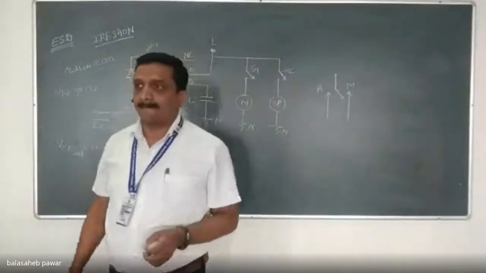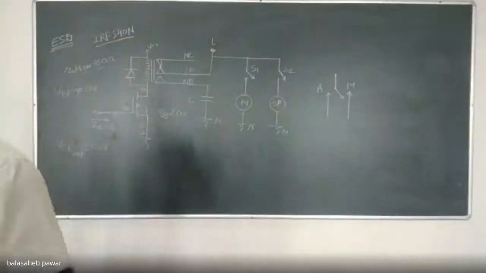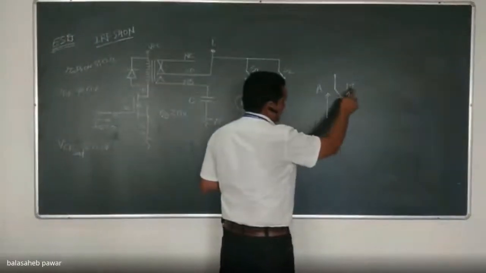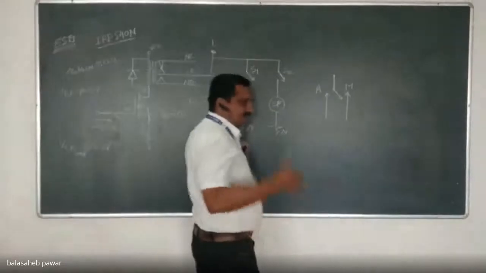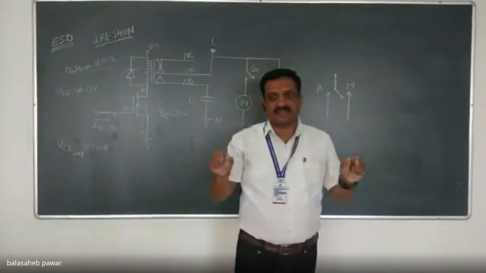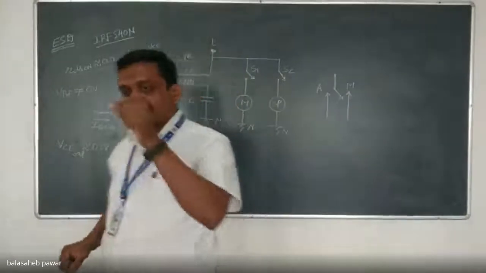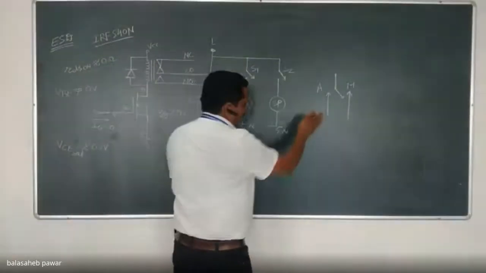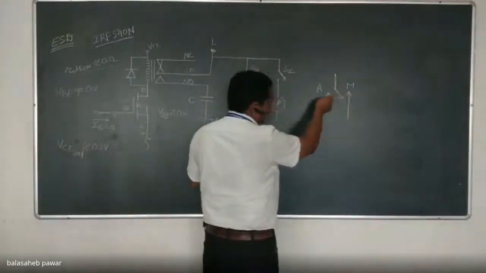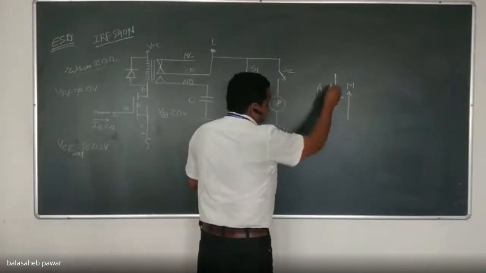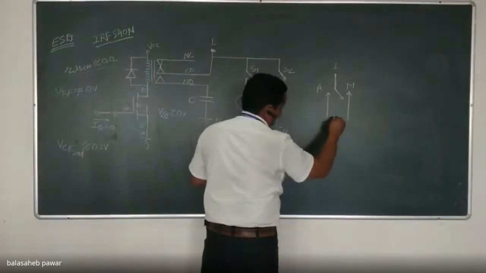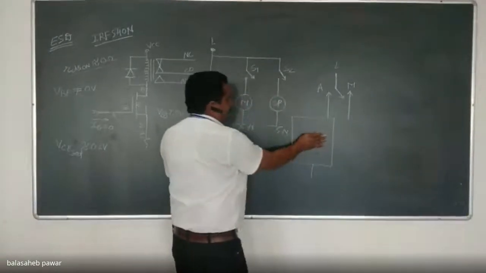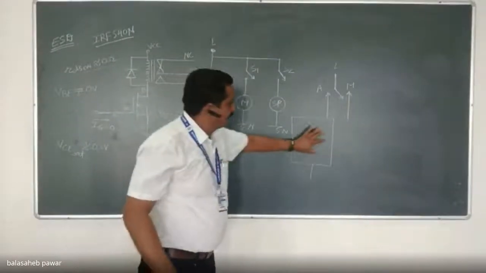Is it clear? Otherwise, there is no need to keep that switch completely isolated. That means any one mode will be there, either manual mode or auto mode. Again, one more switch is there, which can shift in both directions as well as shift to the zero level also. So anyone we can use, right? Is it clear? So for this auto mode system, whenever the switch is shifted over here, then that supply line live will get connected to our complete electronic system. This is our completely developed electronic system, whatever we discussed. It will be over here, right?